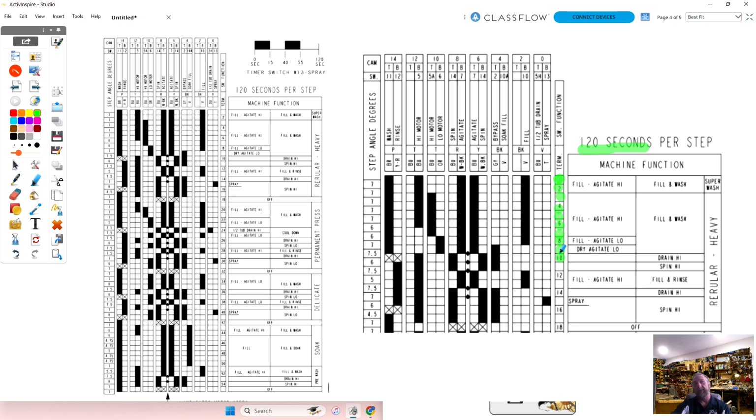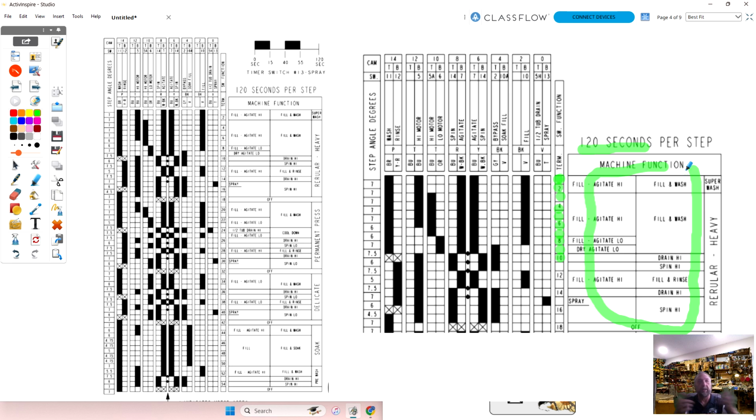And between the 18th and 20th minute, it would start draining, for example. So what's going on the right hand side here is telling you this is what the machine's going to do. Now, okay, I see that's what the machine's going to do. How do I relate that to the machine?